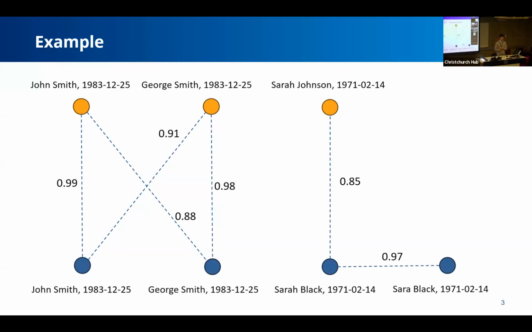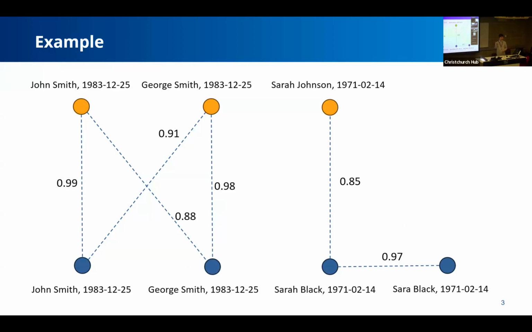So I'm going to focus on clustering for this presentation. The process of clustering is grouping together the records who we think refer to the same person. And the step before this that I'm going to take as a given is a measure of similarity between pairs of records. So we can think of this as a probability that they refer to the same person. So we have a few people here. How many distinct people do we think are represented here?